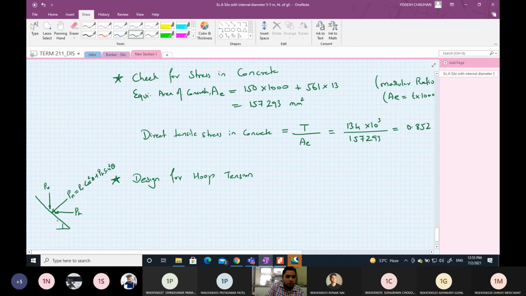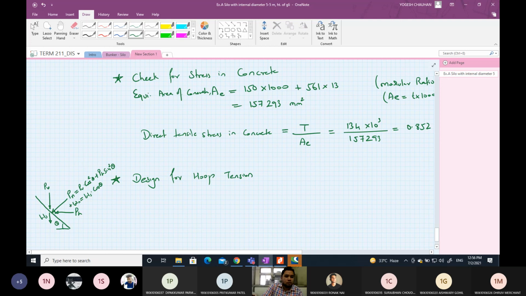where this is theta. This is due to the horizontal and vertical pressure, and in addition to this we also add Pn dash, which is the normal component of the self weight of the slab. See, the self weight of the slab is W, which is acting in the downward direction. So the normal component of that, we call this Wn, will be equal to Ws, the weight of the sloping slab, times cos theta.